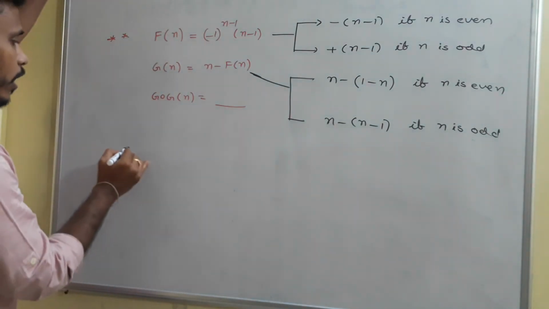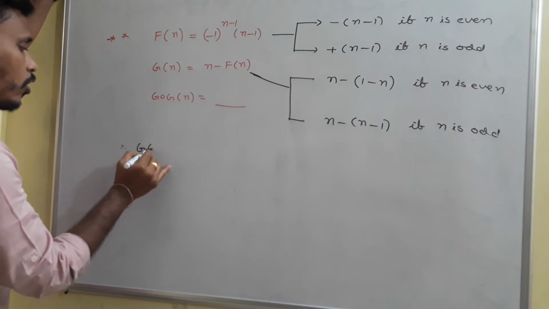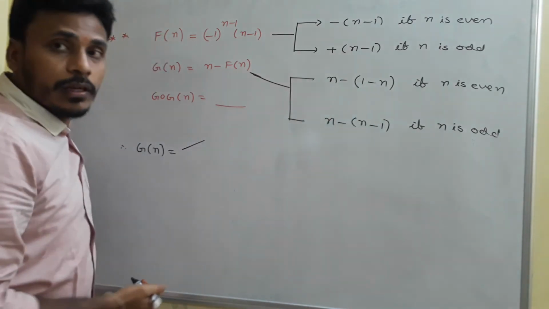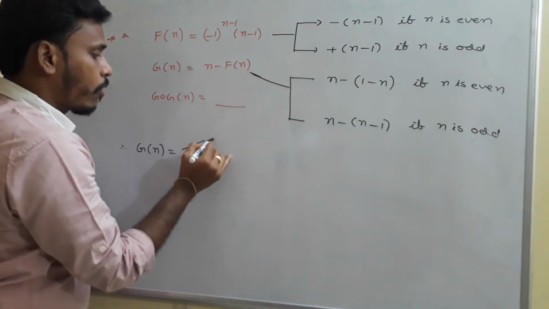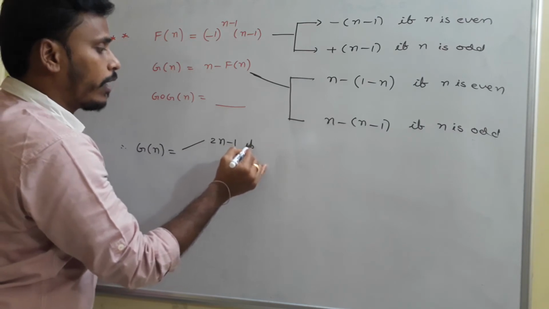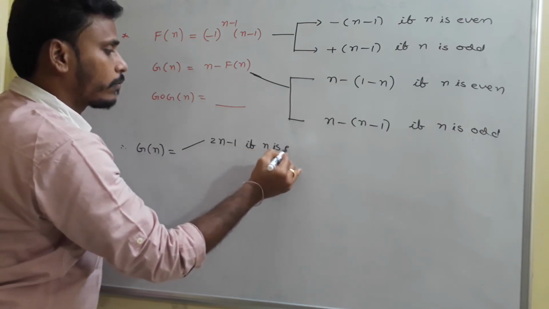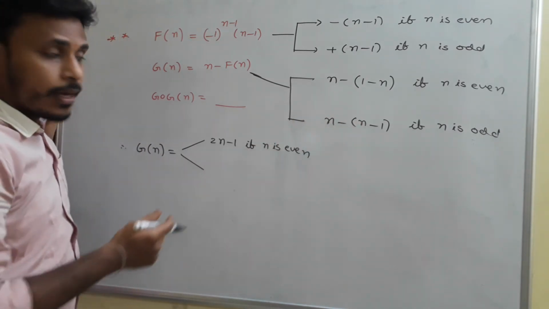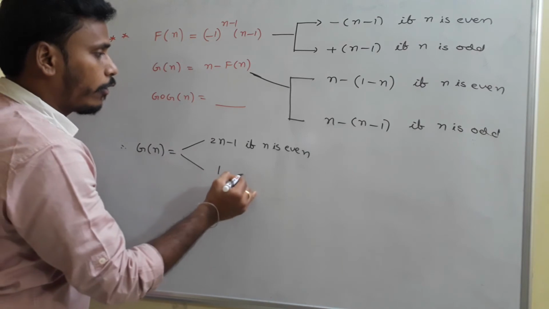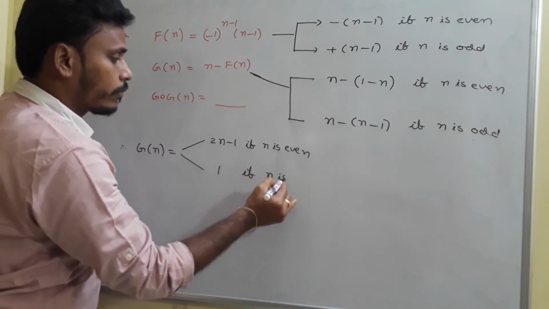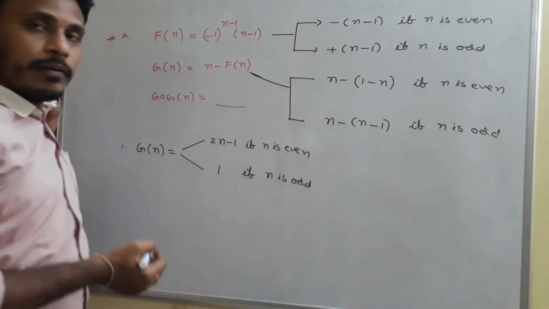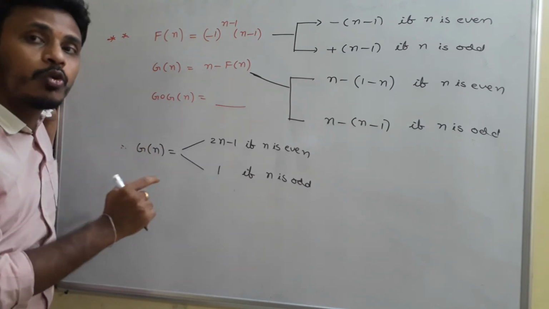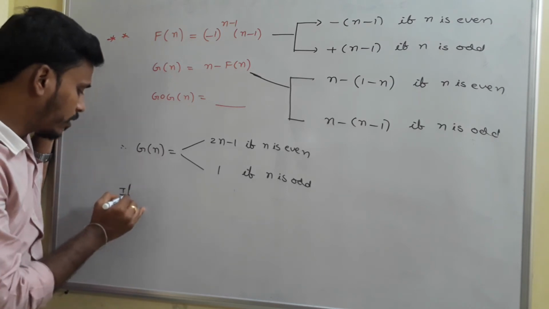So from there what we have, therefore g of n is equal to n minus of 1 minus n, that is, plus 2n, 2n minus 1 if n is even, and g of n is equal to n minus n, n will get cancelled, you are left with 1 if n is odd. But what we need to find? We need to find g circle g of n. Again, that also we need to find in two possible ways. If n is even,